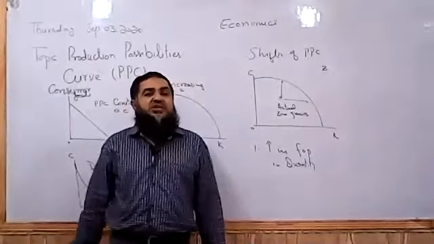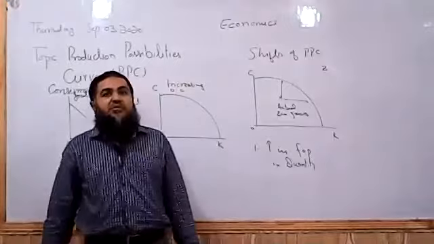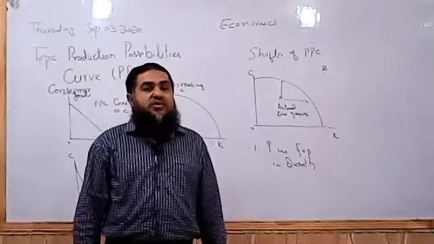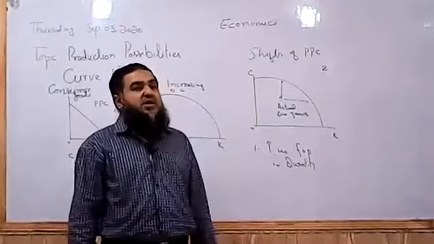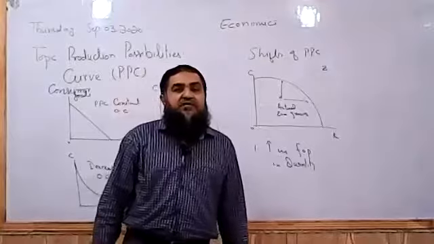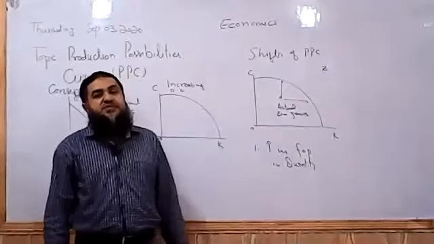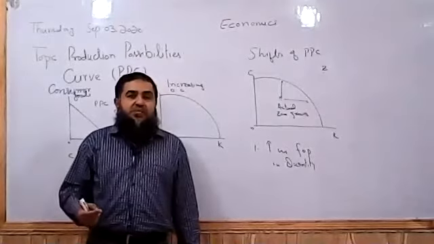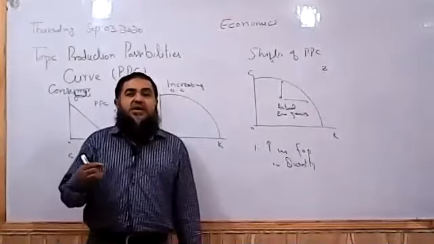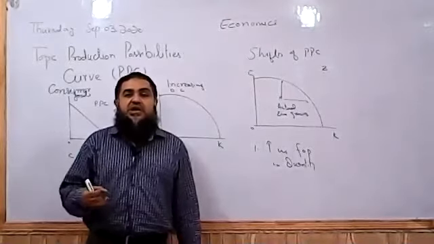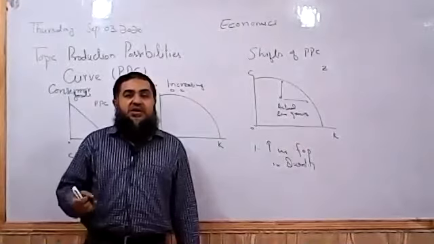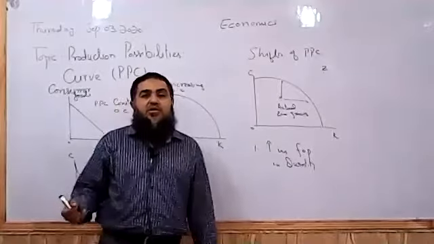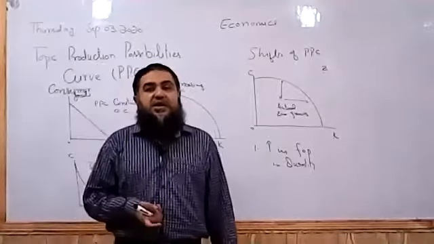Or net immigration is taking place. Many of the workers are coming from other parts of the world to do jobs over here in Pakistan, at Gwadar port or in Karachi port or anywhere else, where we have created new job opportunities for foreigners. So labor can be increased in quantity by the increase in population size or by net immigration of the country. Like Canada is opening immigration for foreigners. So what happens? Their labor size is increasing from all over the world. People are migrating to Canada.